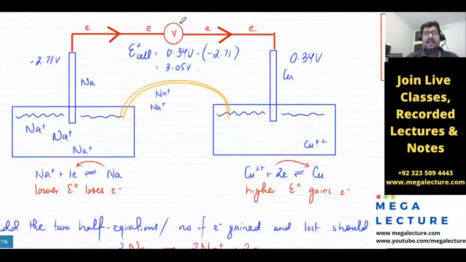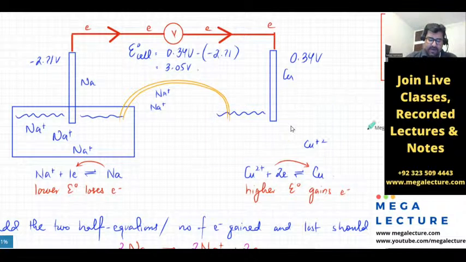So who's gaining the electrons? The electrons are coming from the other side, and they're supposed to be gained by the copper ions in the solution. If you look at the equation, that's what's happening. If there are no copper ions, no one is sitting here to gain those electrons. So what the diffusion channel would do is